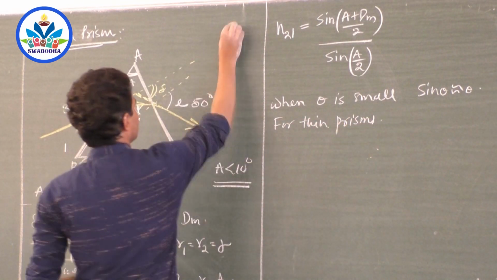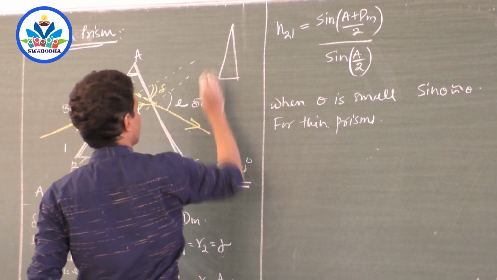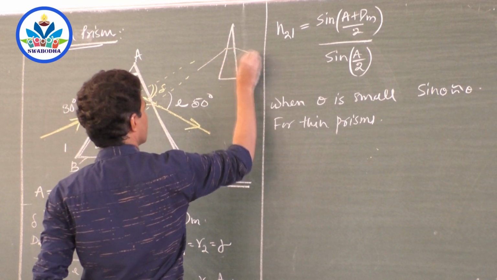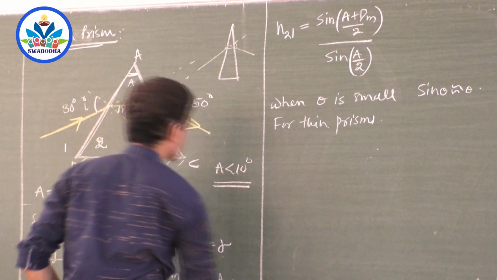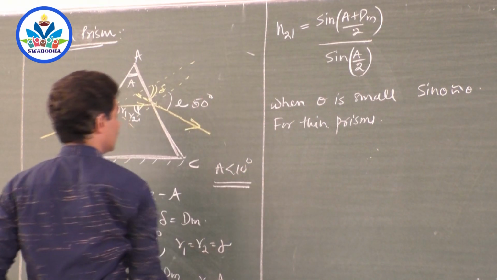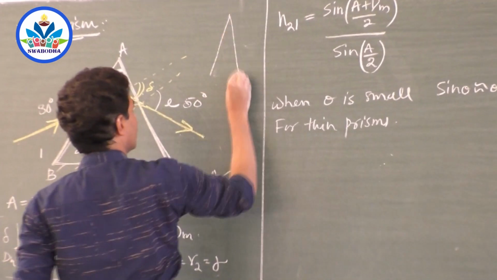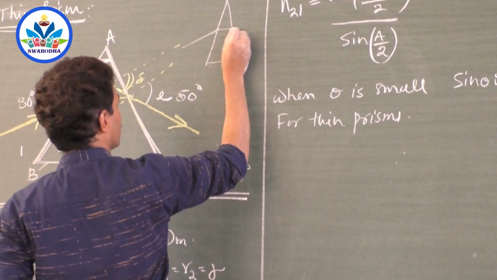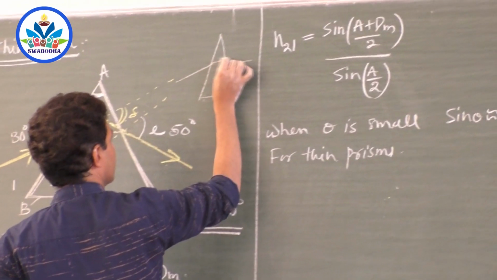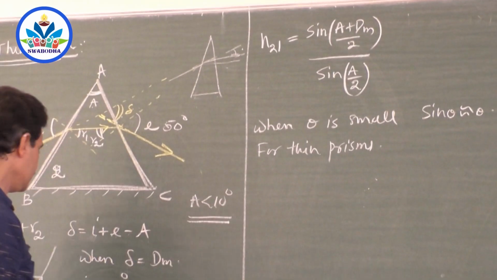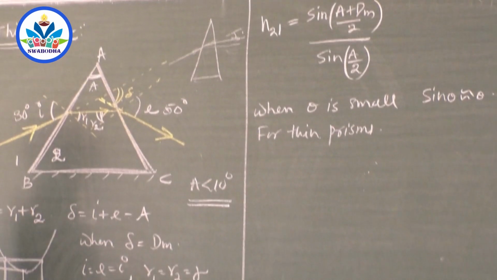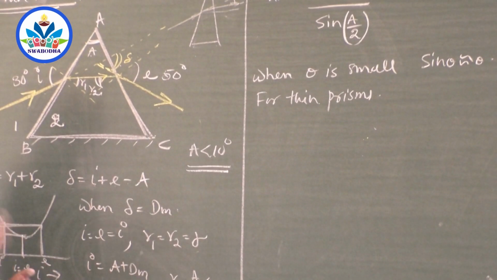Suppose this is a very thin prism like this. This angle is very small. Then the angle of deviation, angle of refraction, everything will be very small. Then the deviation will not be so much. You will get the dispersed ray even in the direction of incident light. Almost, okay, there is not much bending. It will be obtained very close to the incident light. Then I, E, R, everything, angle of incidence, angle of refraction, everything will be very small.